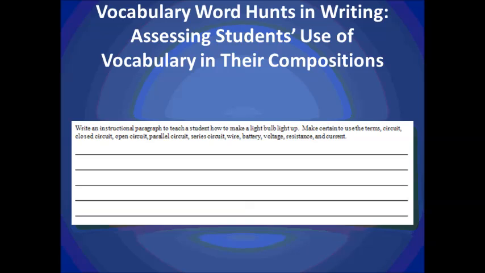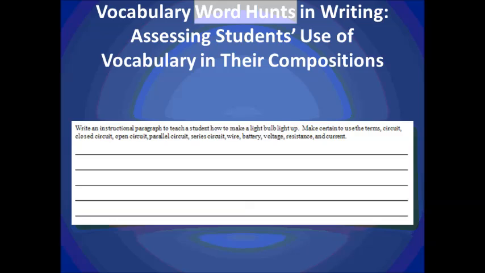The next version is what they call a vocabulary word hunt, and that's called a word hunt specifically because when you're assessing the passage that the student writes, you hunt for the words. We don't particularly like that phrase, but it is a good practice for teachers and for assessing students' understanding of vocabulary. In this example, the student is to write an instructional paragraph to teach a student how to make a light bulb light up. Make certain to use the terms circuit, closed circuit, open circuit, parallel, series circuit, wire, battery,